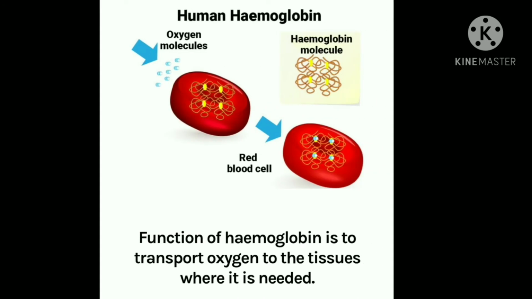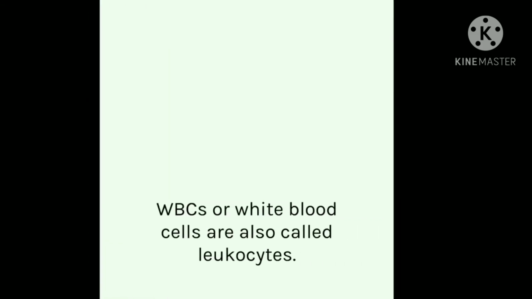Now we will see the functions of hemoglobin. As you have seen, when human hemoglobin absorbs oxygen molecules, it turns red. That is why our blood color is red. The function of hemoglobin is to transport oxygen to the tissues where it is needed. White blood cells or WBCs also,